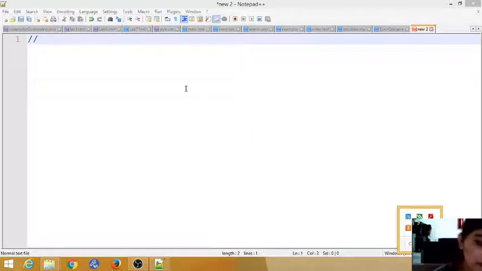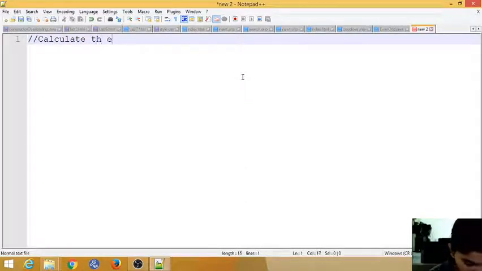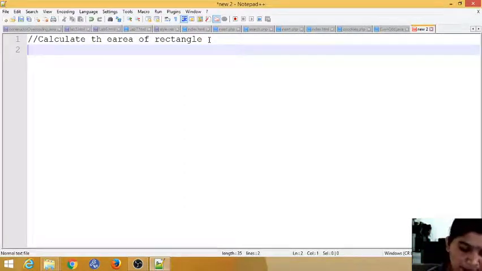So hi guys, today we'll see another Java program, that is calculating the area of a rectangle. So we have a formula, so how are you going to apply that in programming? The formula for a rectangle is length into width. So your width into the length, you can say height also.